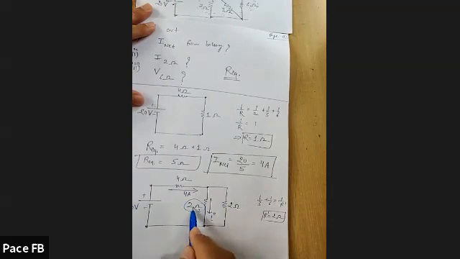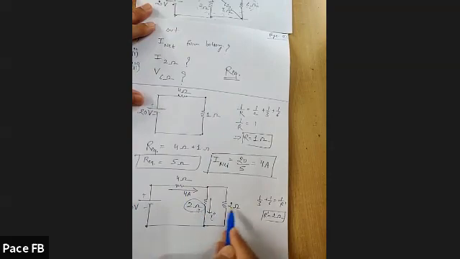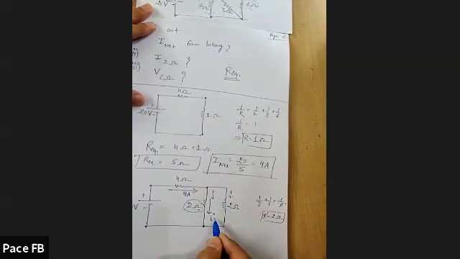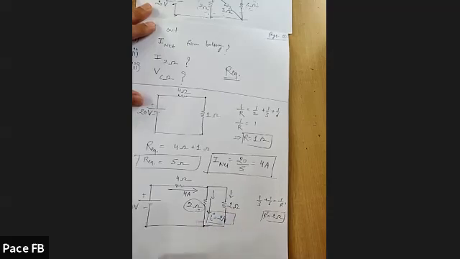So obviously, if resistance is the same, these 2 ohm and 2 ohm resistors are both in parallel. If resistance is the same, then current will also be distributed equally. So this 4 ampere, 2 ampere will go in this direction and 2 ampere will go in this branch. So the value of small i comes out to be how much? 2 ampere. The answer for the second part is 2 ampere.